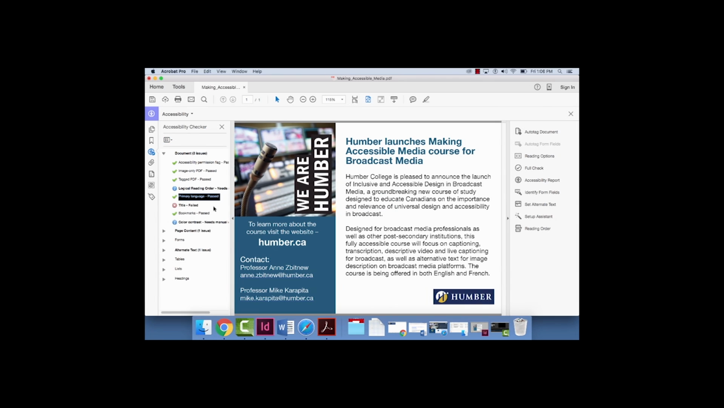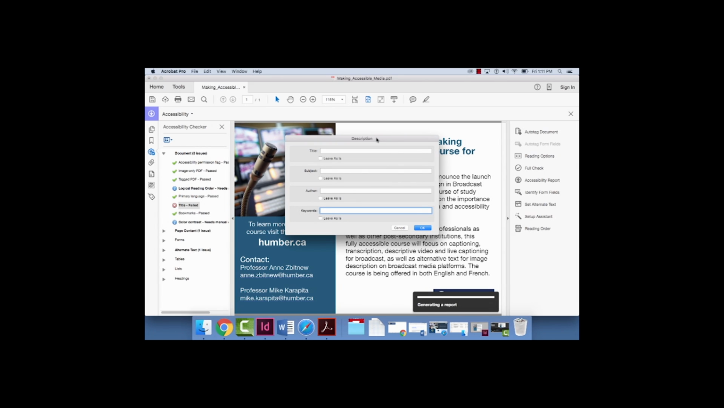You'll see now a green check mark will appear, and we're now counting down. We've only got 3 issues left. So the next one here is the title. The document was created without a title, so again I'm going to highlight it, and I'm going to go to Fix. And this now opens up my description panel. As you can see, everything's blank. So I need to add in a title for my document, which is